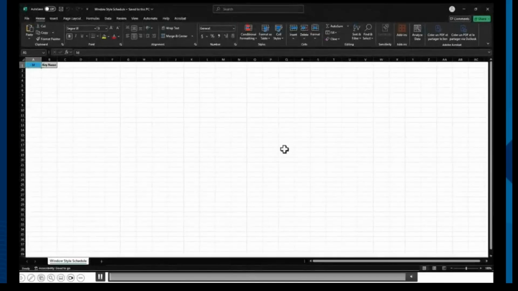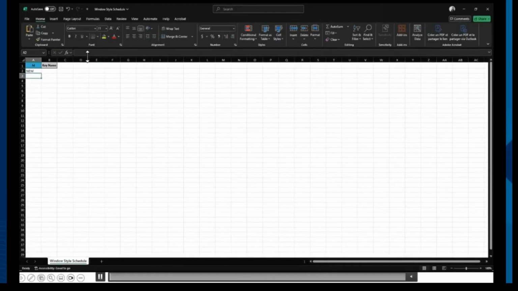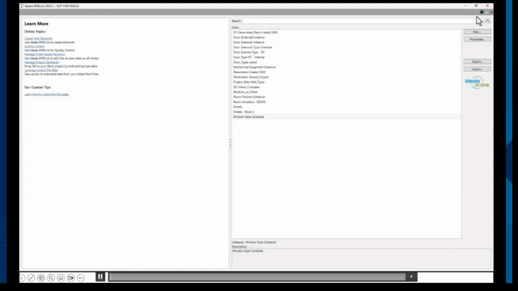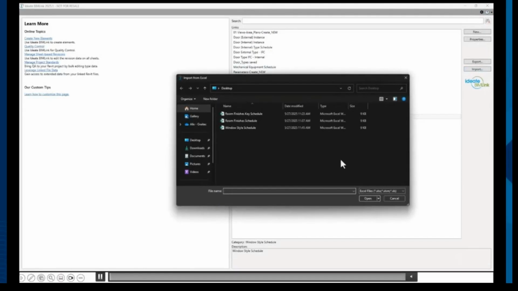And then you open up Excel, and you would want to input the new values for the IDs as you did before. And then for the key names, you would want to enter the values. Since we're talking about window orientation here, we would just enter north, south, east, and west. And beyond that point, once you have all the data you want, again, you save and you close out of Excel, get back into BIMLink, and